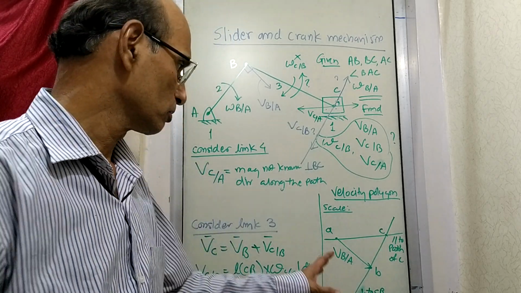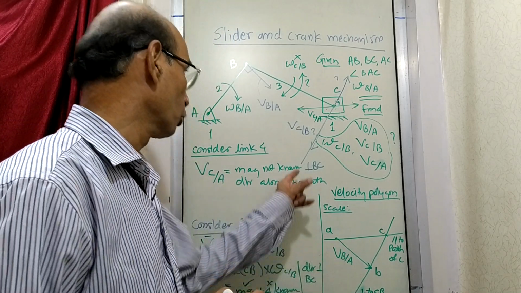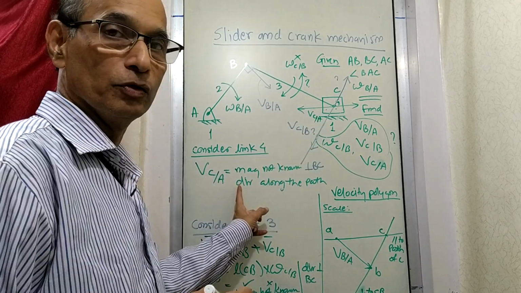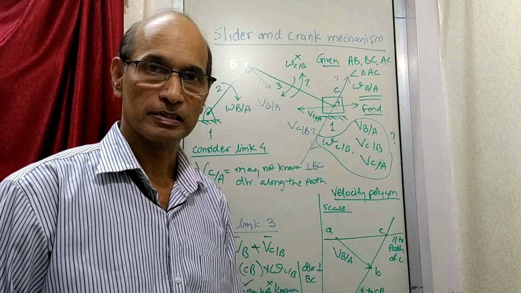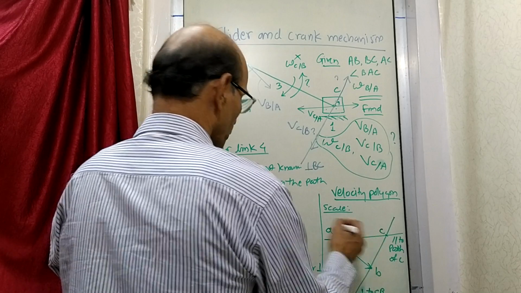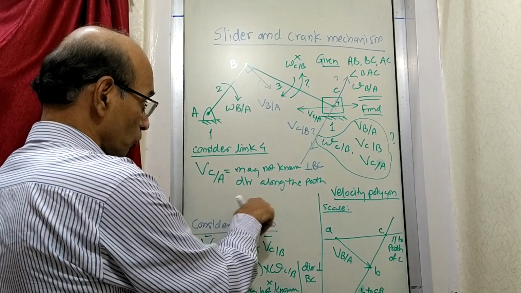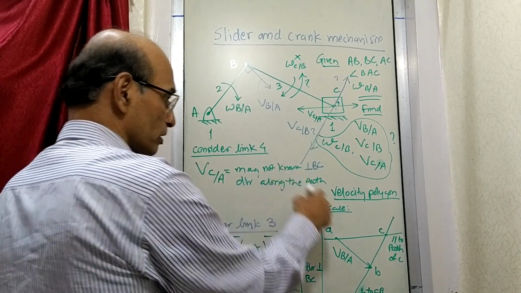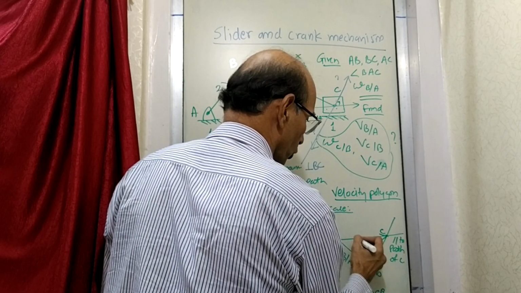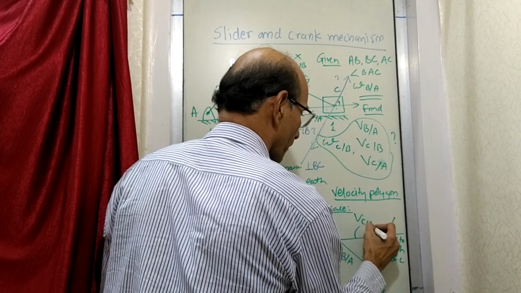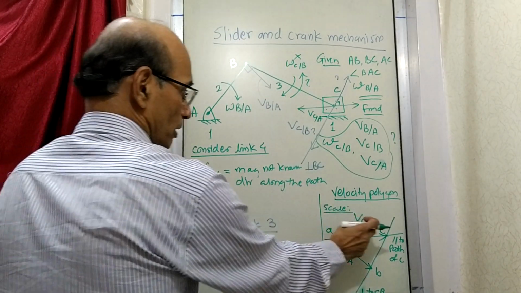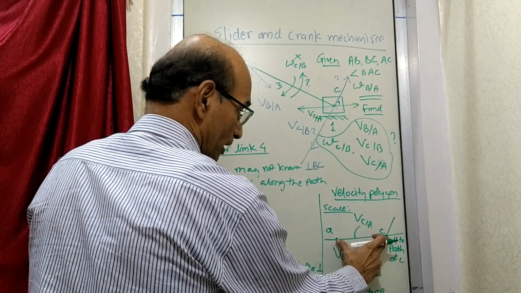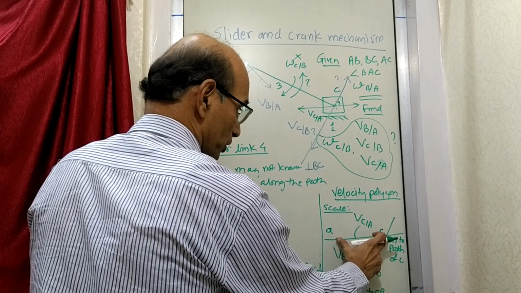So you'll find we have done almost similar. Only thing is, this was a new concept. This was something new. For that we have drawn a line like this. So after you do this, now you can show this vector whose magnitude we were not knowing. Now you can say magnitude we know. Velocity of C with respect to A vector is this vector. So we came to know its length, means magnitude.